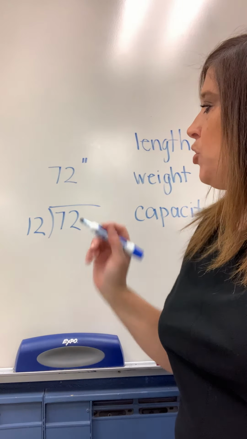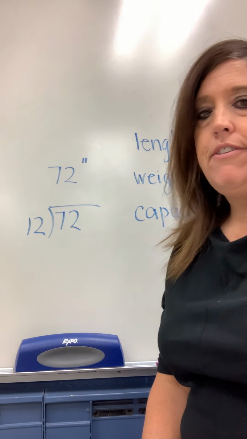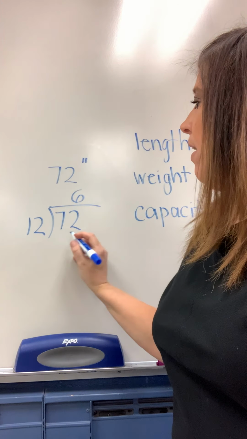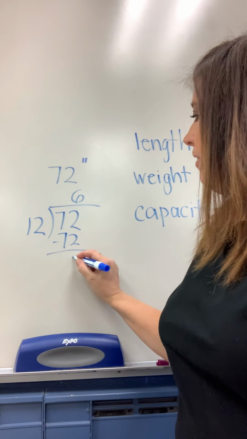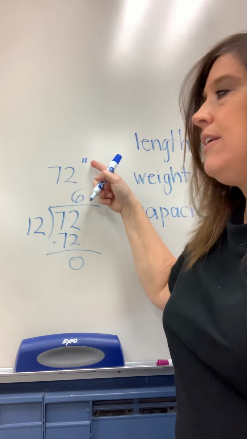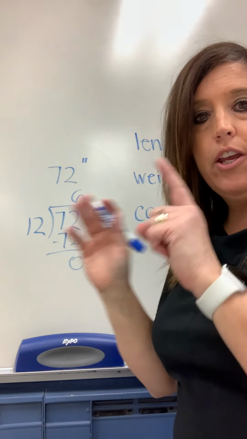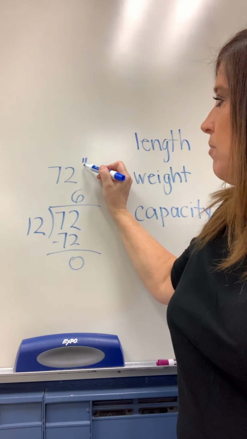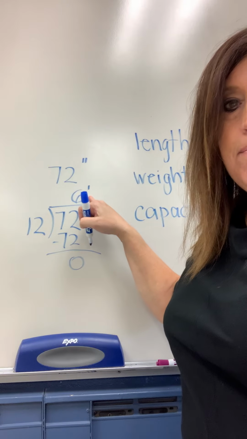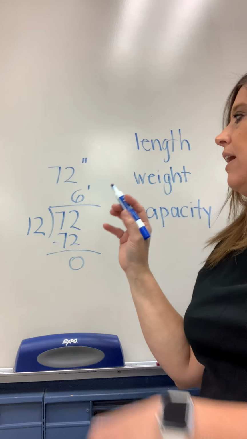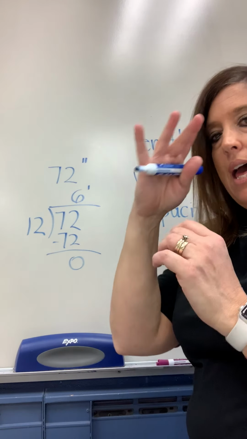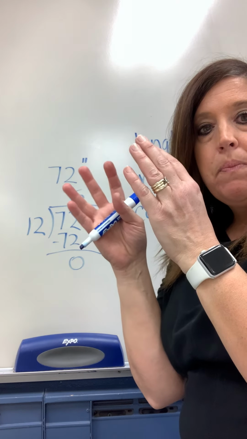So how many times does 12 go into 72? It goes in 6 times, because 6 times 12 is 72. And I don't have any inches left over. So therefore 72 inches equals 6 feet. They are equivalent amounts. This tells me how many inches I have. This tells me how many feet I have. It's the same amount. So I'm taking all of my inches, all 72 of them, and I'm grouping them into